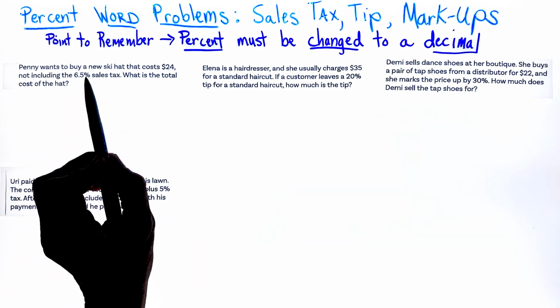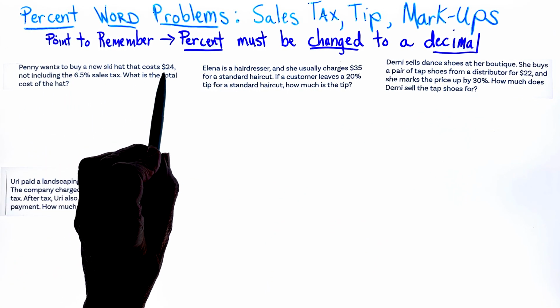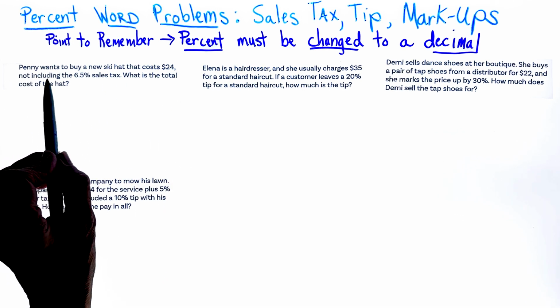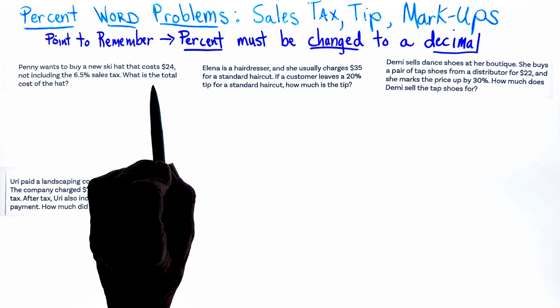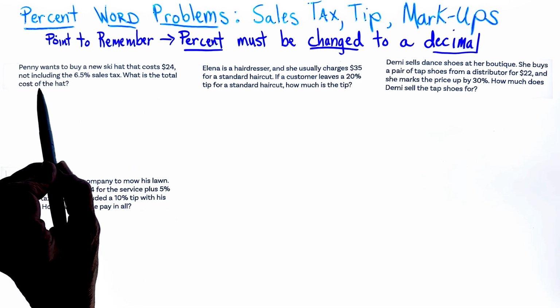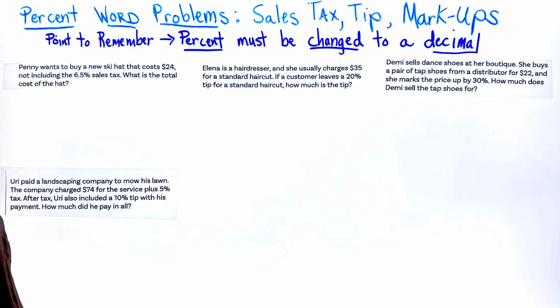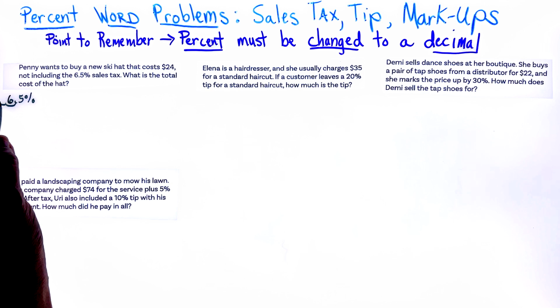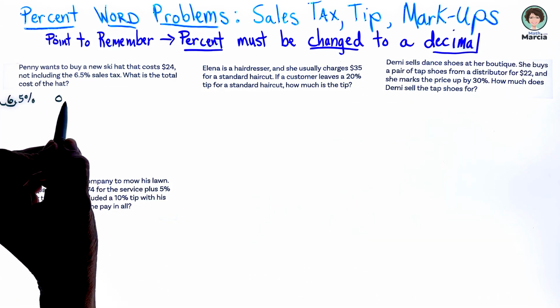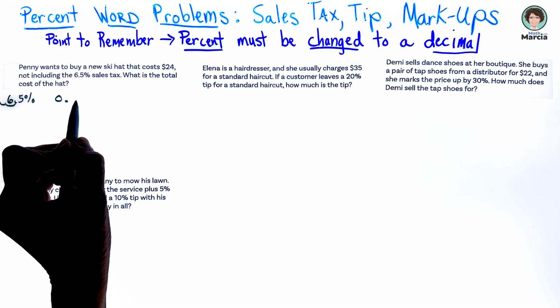Penny wants to buy a new ski hat that costs $24, not including the 6.5% sales tax. What is the total cost of the hat? Well, the first thing that we want to make sure that we do is we take that 6.5% and we're going to change it to a decimal, which means we are moving that decimal point over 2 places to the left, and it would be